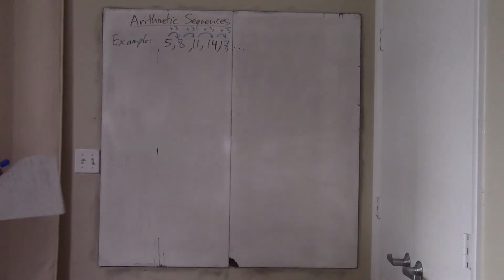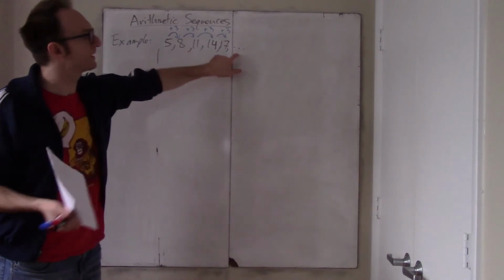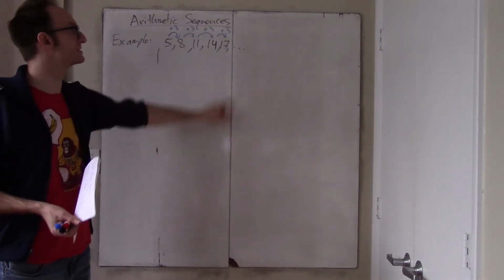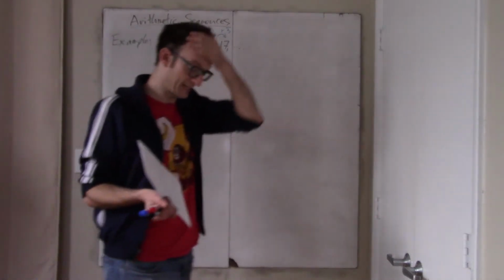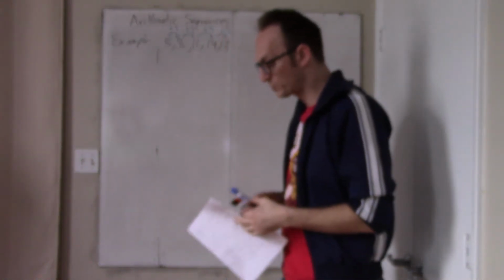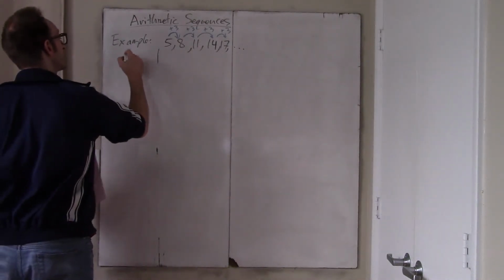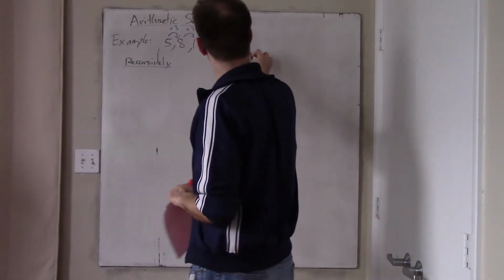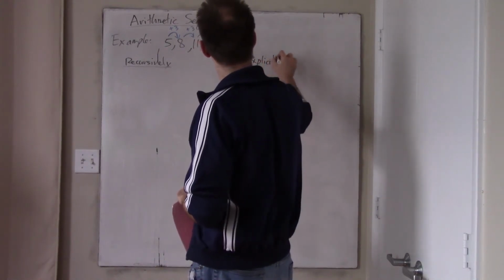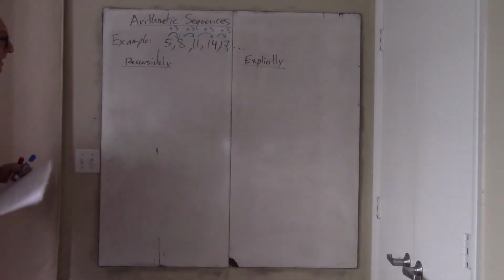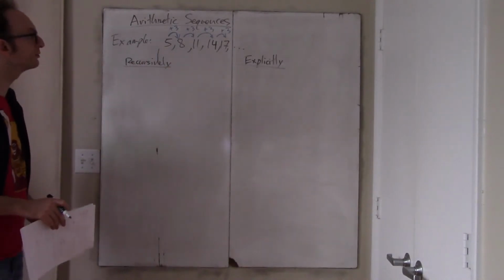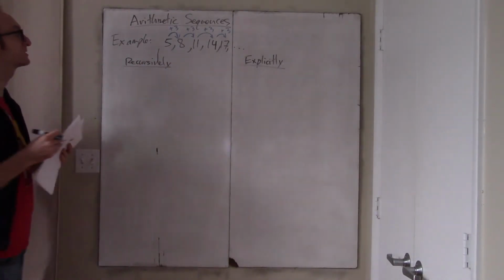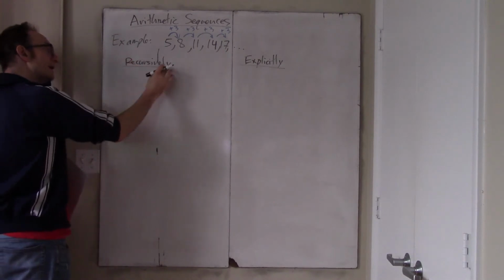And well, there are two ways. I sort of advertised that we would like to move away from this dot dot dot. So how could I communicate this sequence to someone else? Well, I think I have two options. I can communicate this sequence recursively. And I can communicate this sequence explicitly. Okay, what do I mean by that? Well, suppose this was your sequence that you had in your mind and you wanted to explain it to somebody else. How would you do that?